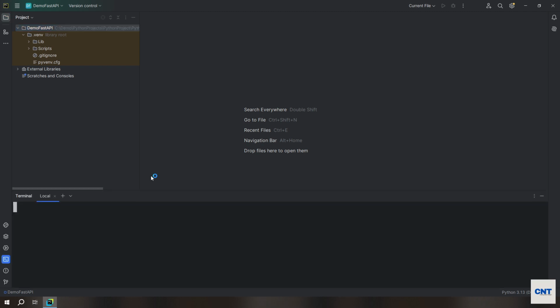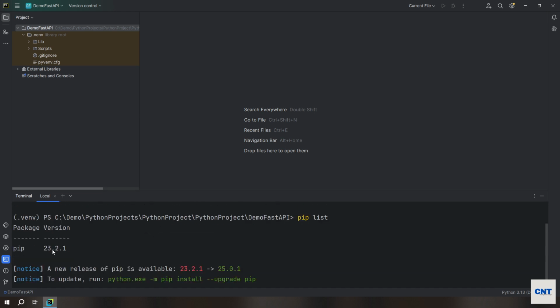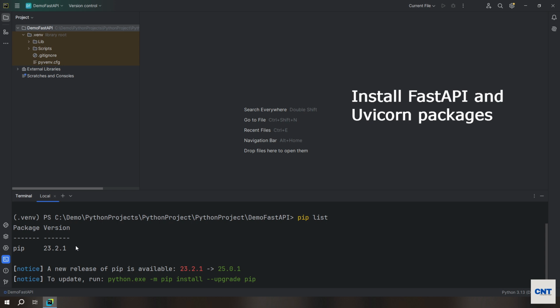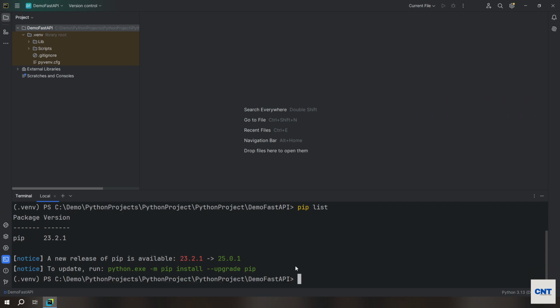If you want to see how many packages are installed in this environment, you can just type in the pip list command. It will show you which packages are installed in this environment. You can see we have only pip installed in this environment. We will install FastAPI and uvicorn packages in this environment. We have to just type in the command pip install